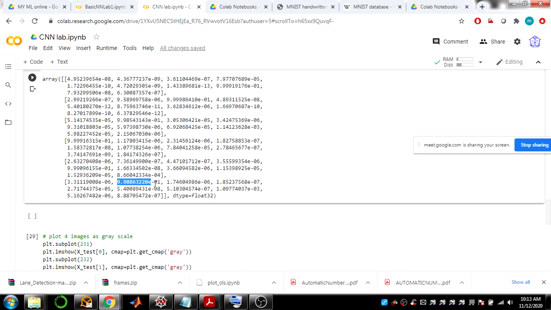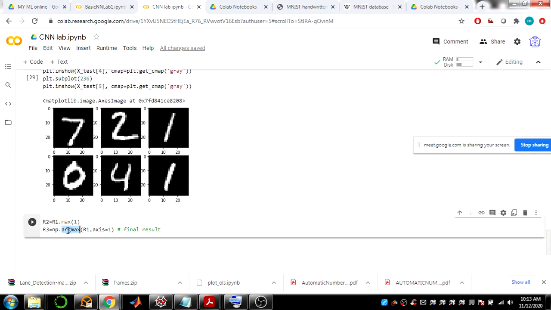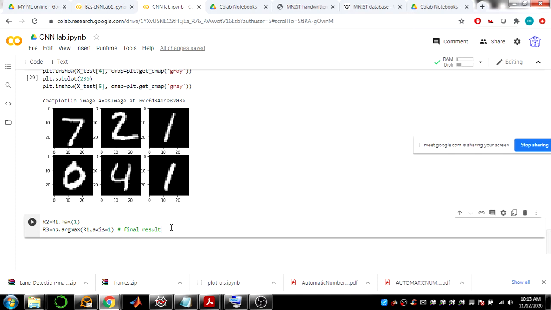In order to get that, you can use the argmax function. You can use argmax to get the location of the result where the maximum value is present. This will get the location of the maximum probability, and that location will be the desired result.